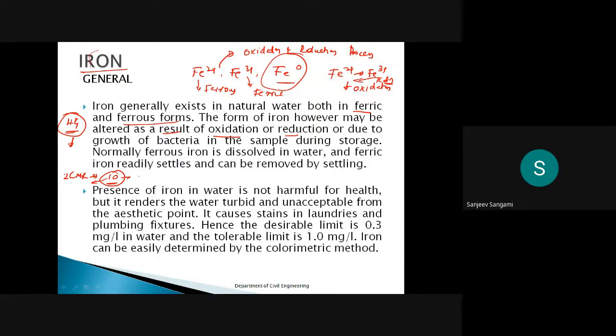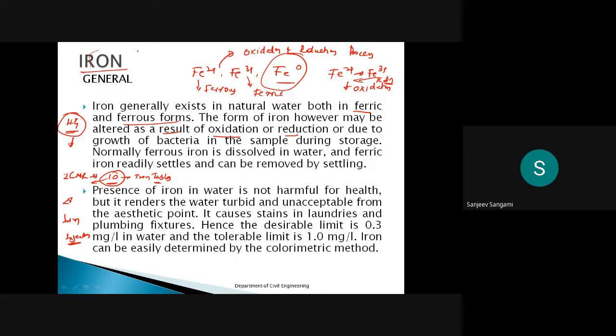Sometimes they will give iron tablets to improve it. If hemoglobin in blood goes below 8, then the doctors will go for iron injections. If iron is coming through the drinking water, that is also good, but it should not be more either.